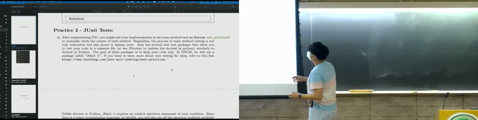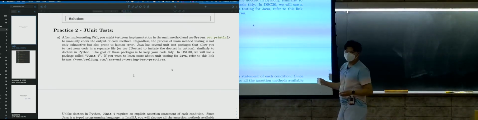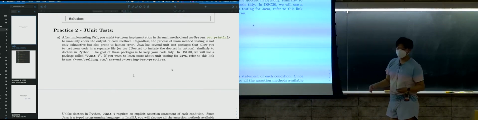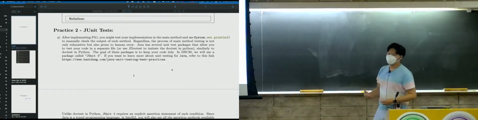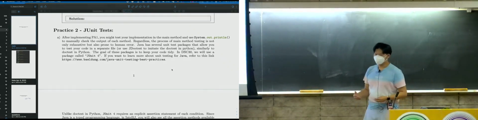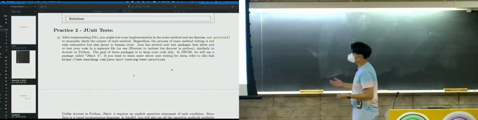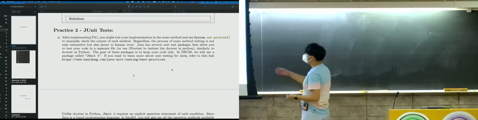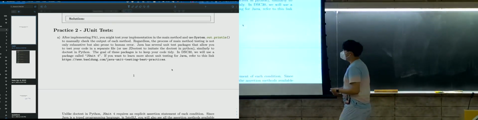So you might test your implementation in the main method, right? It's cumbersome, very tiring, and prone to human error. So there must be some way that we could test our code more efficiently and without making human mistakes. Java has several unit test packages that allow you to test your code in a separate file,